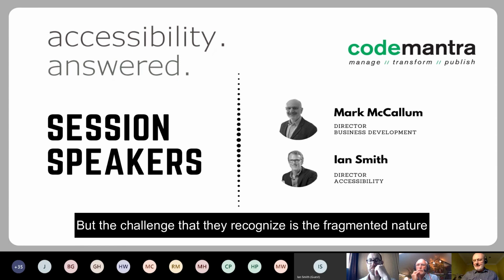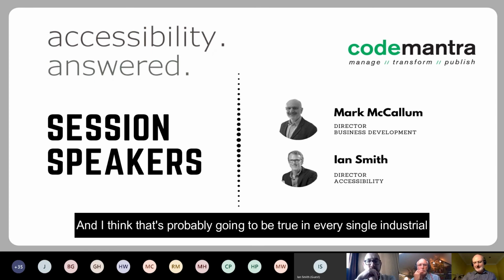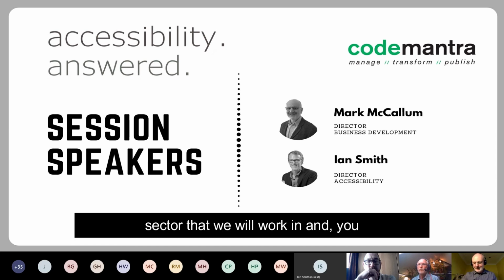But the challenge they recognize is the very fragmented nature of creating and managing the alt text part of the process, and I think that's probably going to be true in every industrial sector that we work in